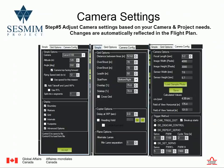These are the 3 menus that you'll see from the previous screen here. This is a graphic of each of them, and you can set all the camera options here. If your camera isn't on the list, you can actually just take a photo and Mission Planner will calculate all your camera parameters for you. It'll calculate focal length and pixel size and all that kind of stuff. Okay. In the second screen here,